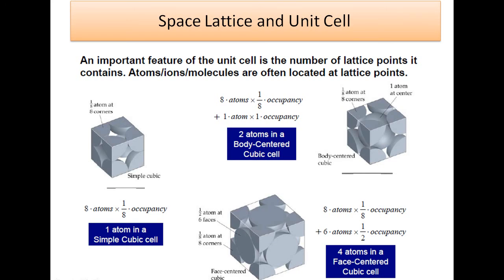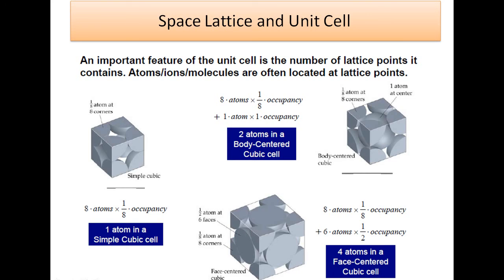Now what about the body centered cubic cell? In this case we will have the particles at the corners. This is the body centered unit cell. The particles are at the corners, as well as one particle at the body center of the unit cell. So the contribution of particles at the corners is 1 by 8 into 8, as a total of 8 atoms are present at the corners and the contribution of 1 atom per unit cell is 1 by 8. So we have a total of 8 into 1 by 8 contribution from the atoms present at the corners.